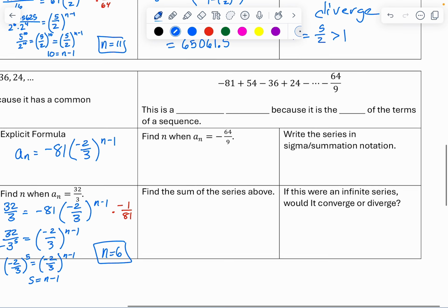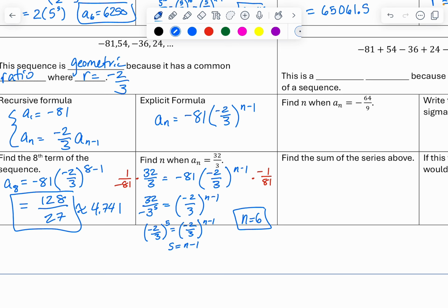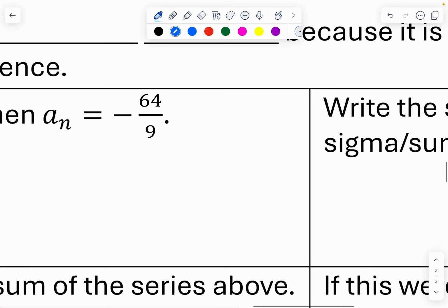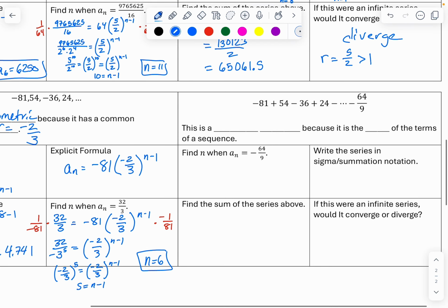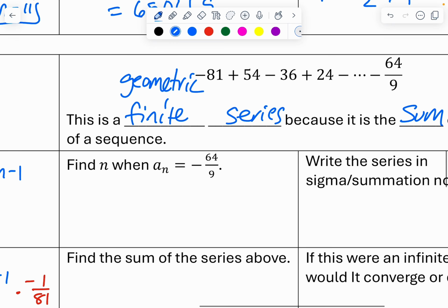Okay, now, what do you notice? Look at this. We have a denominator of 3, a denominator here of 27, 3 here, and now on this one, we're going to have a denominator of 9. I bet it comes between the two of them, but let's see. Okay, this is a finite, well, and it's a geometric series because it is the sum of the terms of a sequence. So we need to find that when we have a negative